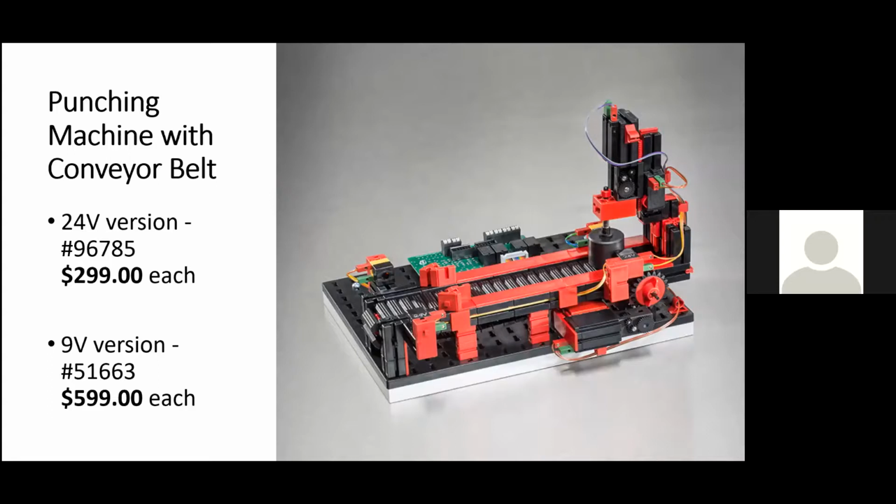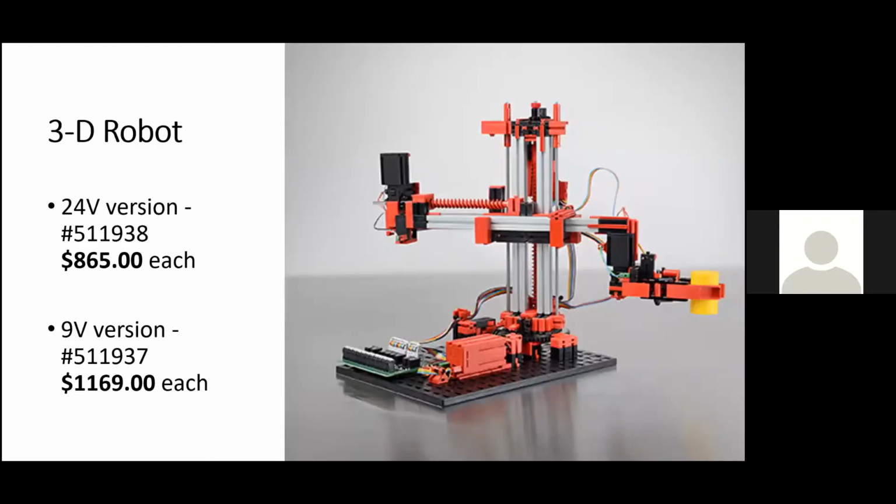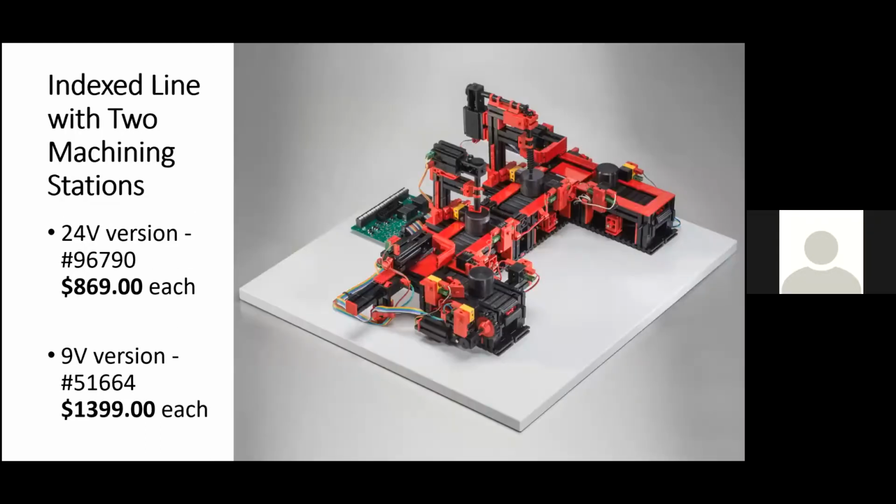The punching machine with the conveyor belt, 24-volt version, $299 per unit. The 9-volt version, $599 per unit. The 3D 3-axis robot, 24-volt version, $865 each, and in the 9-volt version, $1,169 each, again with the TXT controller pre-programmed. Indexed line with 2 machining stations, 24-volt version, $869 per unit. The 9-volt version is